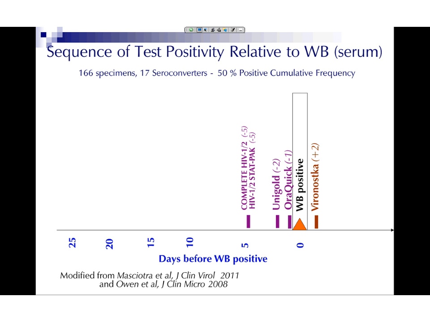The lateral flow tests, OraQuick, Unigold, and the 2 Clearview tests pick up infection between 1 and 5 days before the Western blot turns positive. The flow-through or laboratory rapid tests, Multispot and Reveal, 6 or 7 days. And the Avioq test, which is the EIA that's approved for use with conventional testing of oral fluid specimens, is again about 6 days before the Western blot. The INSTI test, which is the most recently CLIA-waived test, picks up infection about 9 days before the Western blot. The DPP, not yet CLIA-waived, but recently FDA-approved, again about 8 days before the Western blot.